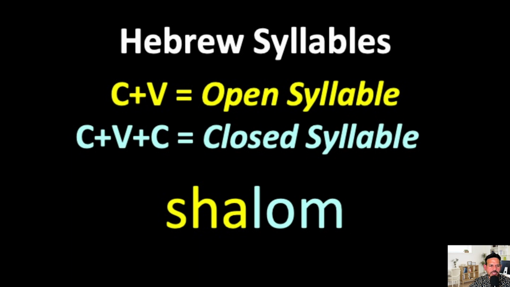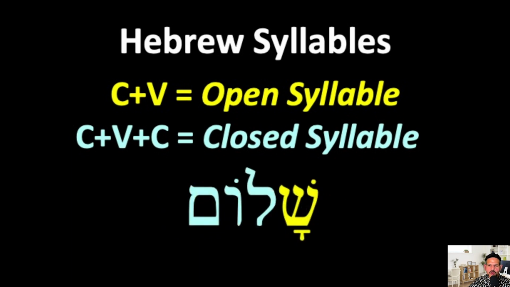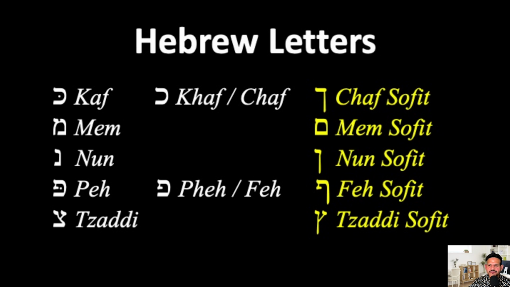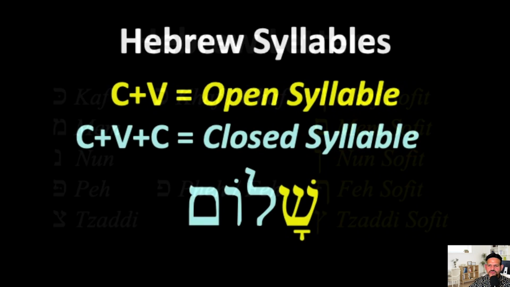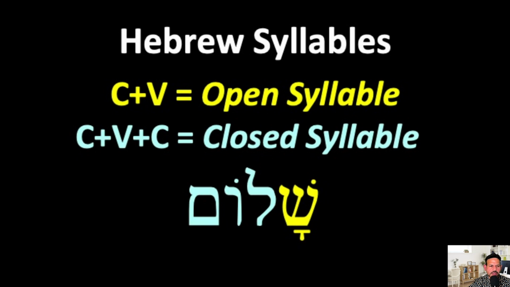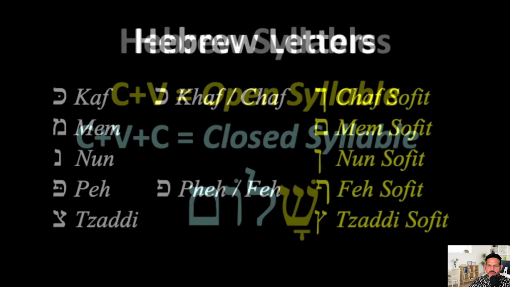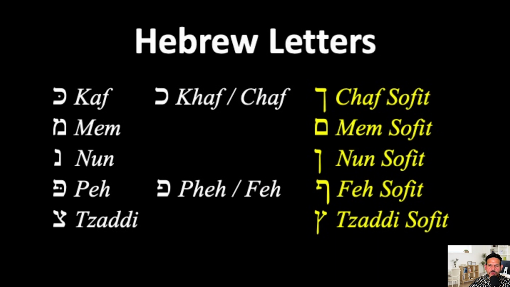Now, remember that some letters, as in the word shalom, have a final form at the end of the word. For instance, look at the letter mem in this list of 5 final letters: chaf sofit, mem sofit, nun sofit, fe sofit, and sadi sofit. So the mem looks different at the end of the word when you see mem sofit. The mem sofit here at the end is closed in like a box, when normally the mem, if you see it on the left here, looks a little bit more rugged at the top and is a picture of a